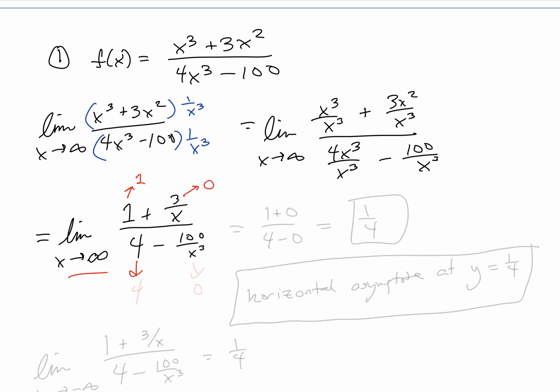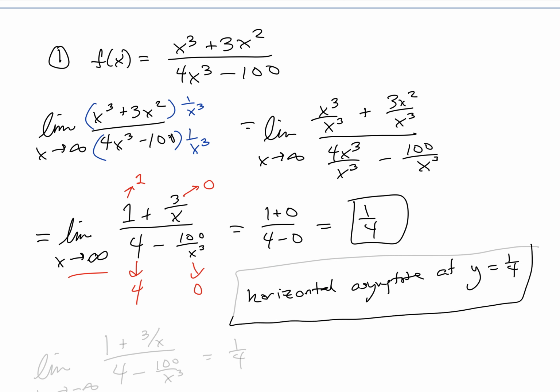4 is going towards 4. And 100 over a really big number cubed is going towards 0. So this entire term is just going towards 1 plus 0 over 4 minus 0. It's going to 1/4. And so that tells us that there is a horizontal asymptote at y equals 1/4. So a line across at y equals 1/4, where the function is approaching 1/4 as x